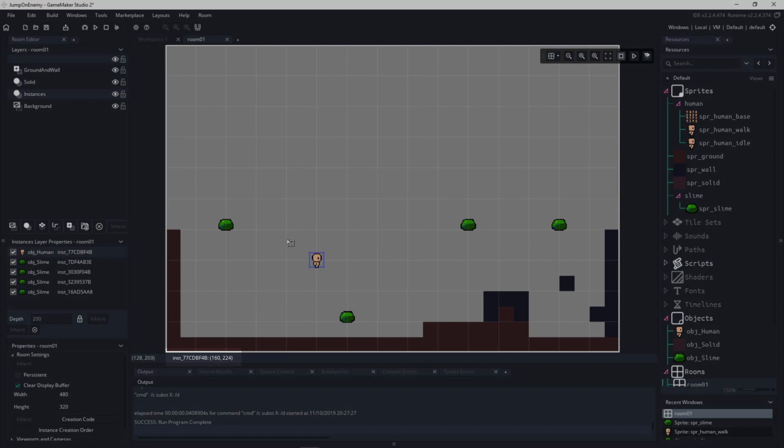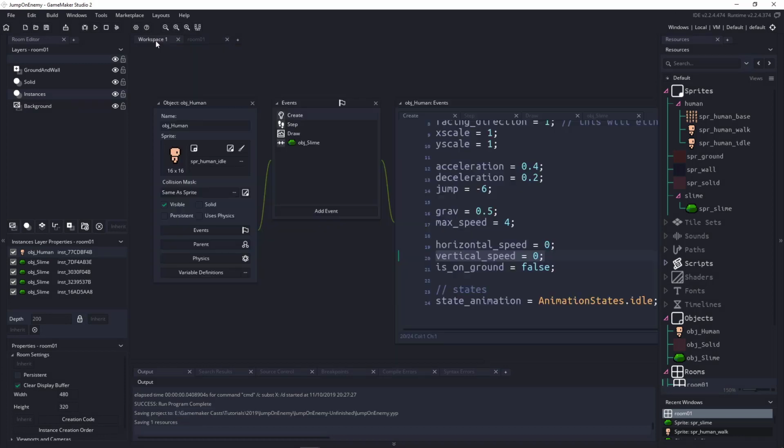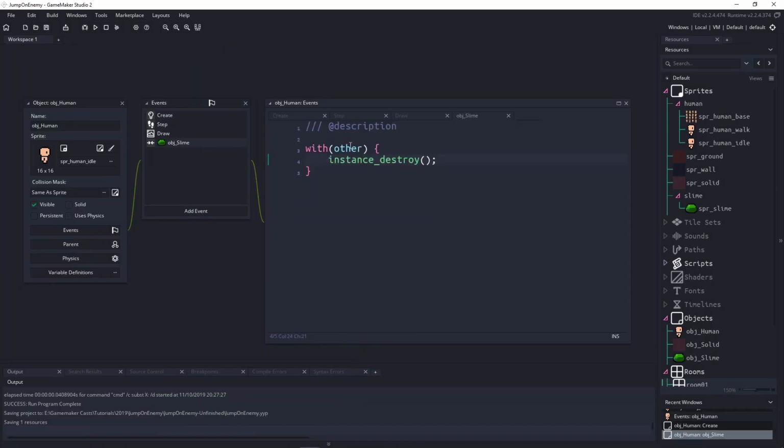So if I am moving up, you can see that the Y position is going down, so it would be a negative. When I'm moving down, you can see that the Y position is then going up, so it would be positive. So I need to make sure that my vertical speed is positive, and that way I know I'm on the way down. So I could just write a simple if statement saying if the vertical speed is bigger than 0, then I know that I'm currently on my way down.